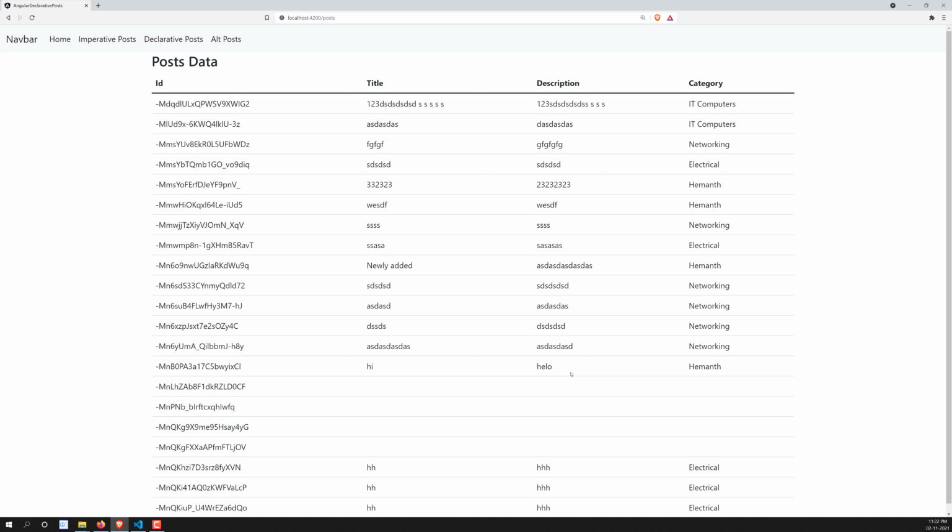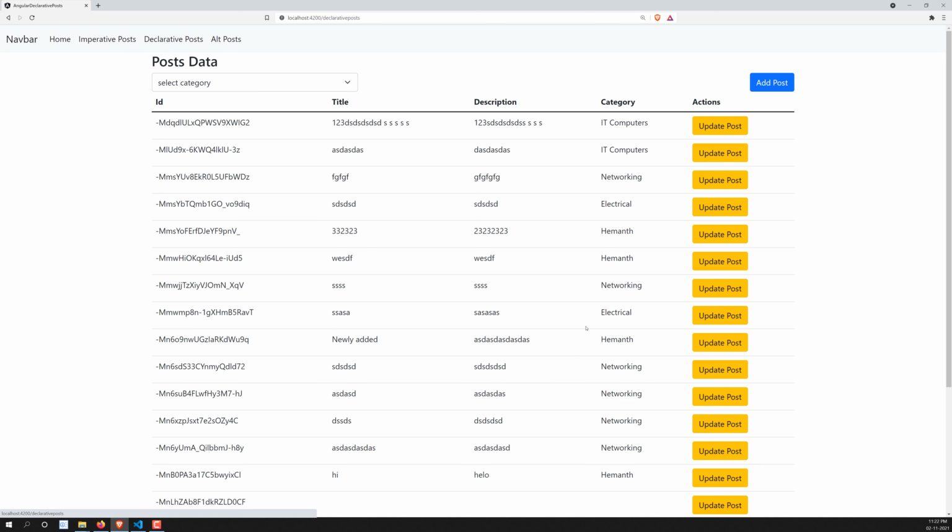For that reason, it is best practice to use change detection strategy OnPush. In a smaller application it is not that much of a concern, but in a bigger application, if performance is of more value, then you can think of this. In order to achieve change detection strategy OnPush, we did this declarative post.